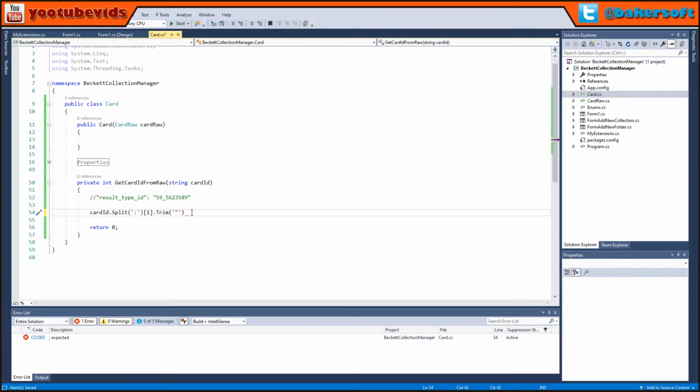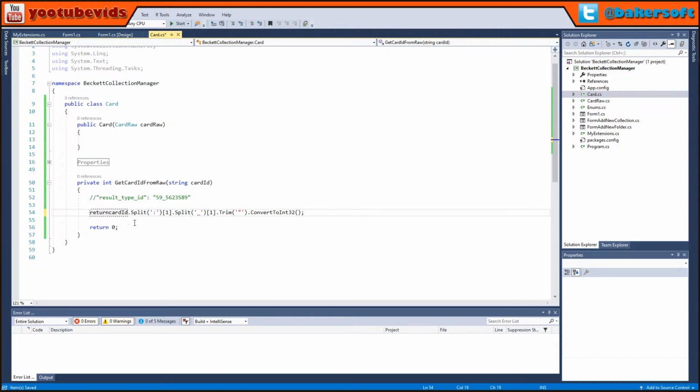and actually we're not done yet. I forgot one thing. So I'm going to take the first element, which will basically be this value. Well, actually, it'll be this value. So then I want to take that and split it again on the underscore, and then take the first element or second element in that. So this evaluation will basically return this. Then I need to trim out the double quote. And then since I have a string, I can convert to Int32